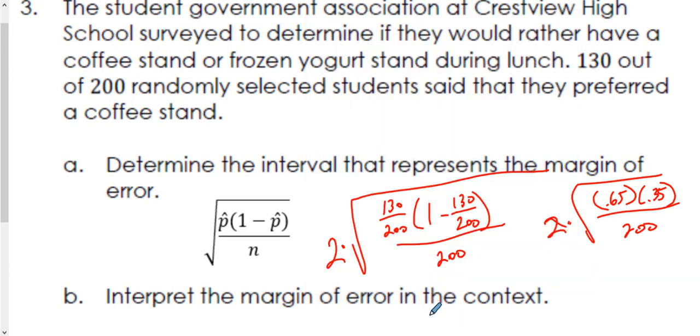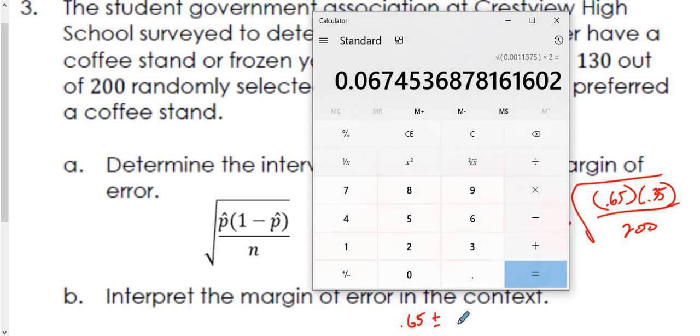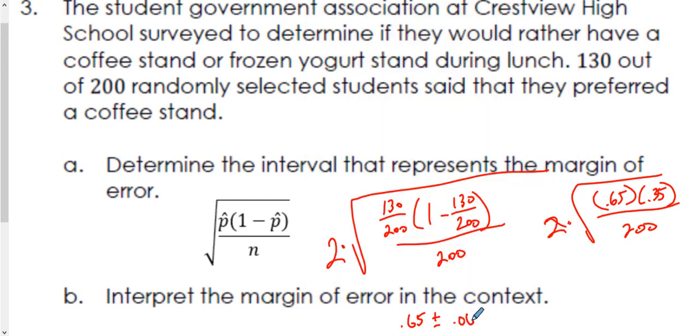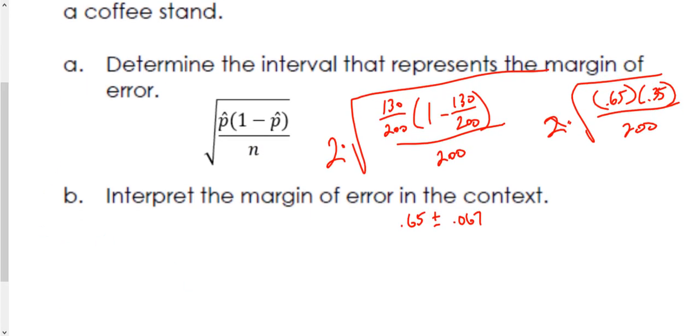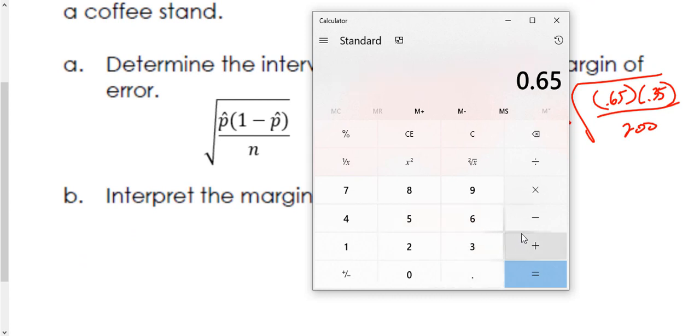So really what we are saying is that 0.65, in other words, 65% of the students said they wanted a coffee stand, plus or minus 0.067. In other words, if we take this value right here and subtract it from this 0.65 and then add it to this 0.65, it will give us a range, right? So if I do, for instance, 0.65 minus